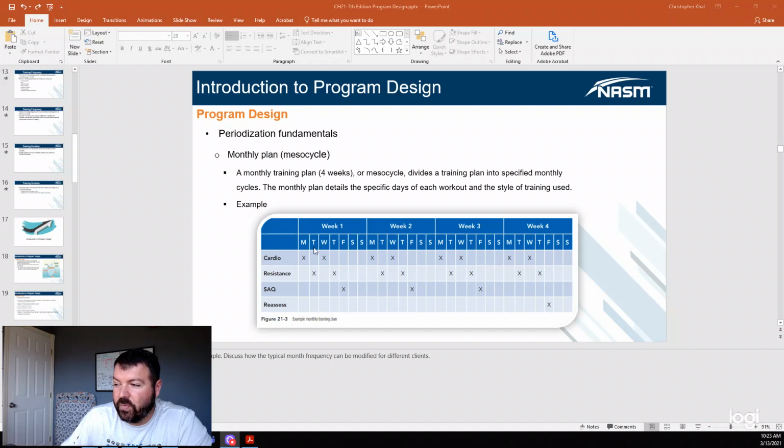Okay, so week 1. Mondays and Wednesdays are cardio, or just every week. Resistance is Tuesdays and Thursdays. Okay, Fridays are going to be your speed, agility, quickness. At the end of the 4th week, you're going to reassess everything. So, for example, doing all your maxes. This kind of helps dictate